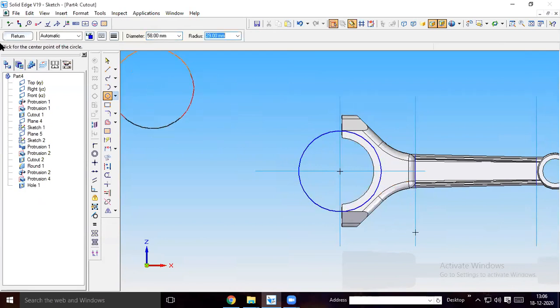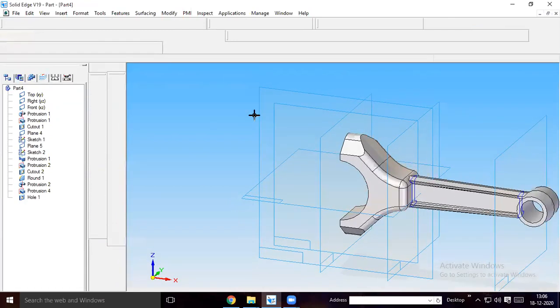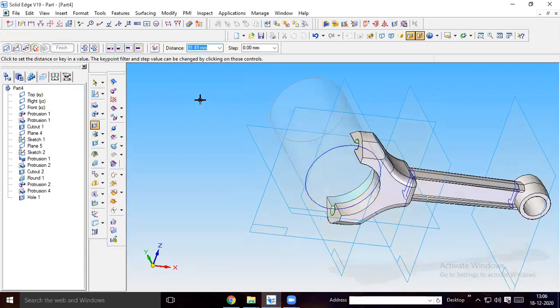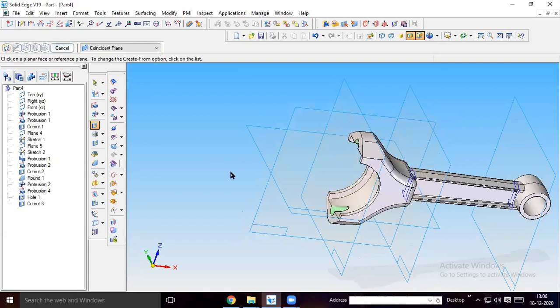Then say return. The cutout has to be symmetric. So 33, if you neglect it, it will be 27. Like this.